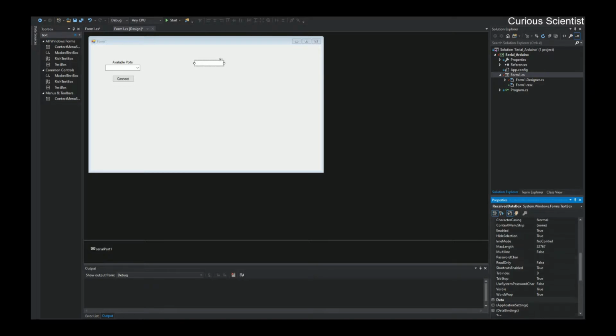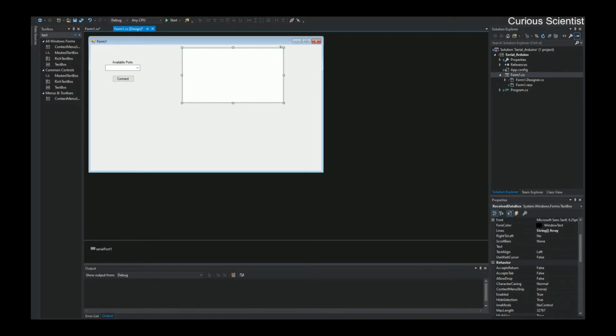And here we want to modify this into multi-line, because then we can have this. And we can also search for scroll bars and add some vertical scroll bars, so we can scroll the text. So again, we can have a label,